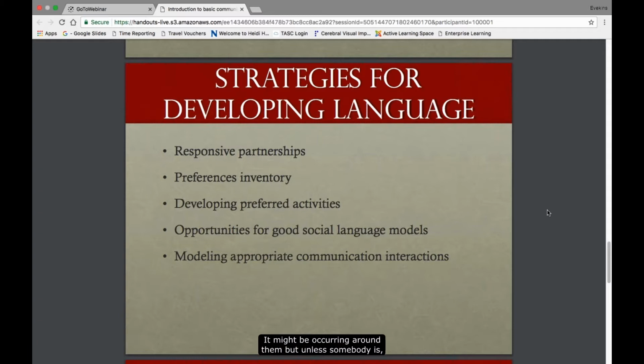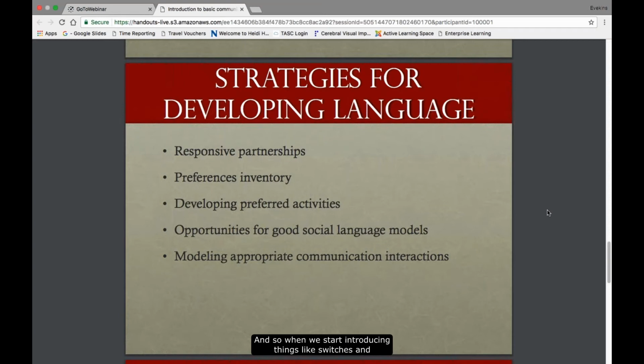It might be occurring around them, but unless somebody's physically interacting with them, sometimes physically touching them, they don't realize that the communication is for them, that they are part of that interaction. And so sometimes they just don't really pay attention to what's going on around them because it's not important, it's not touching me. They're very on body often.